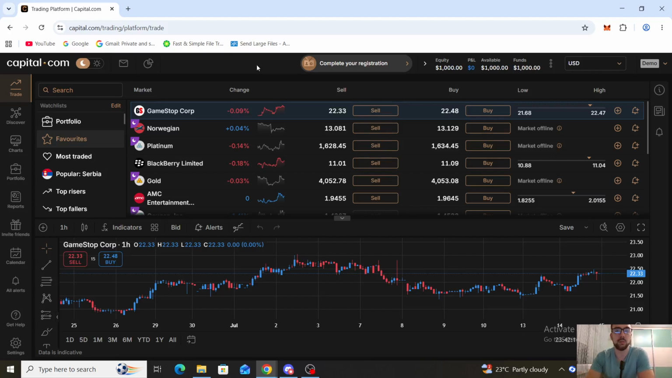Today I'm going to show you how to withdraw money on capital.com. So the first thing you want to do is to open up capital.com. It's going to look something like this, and once you're logged into your account, your trading platform will also